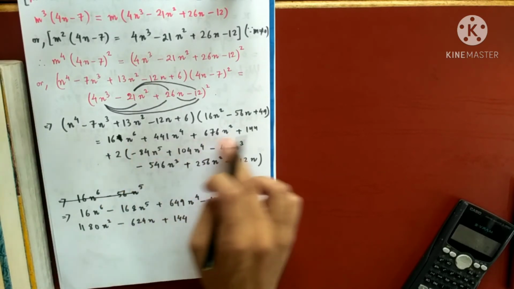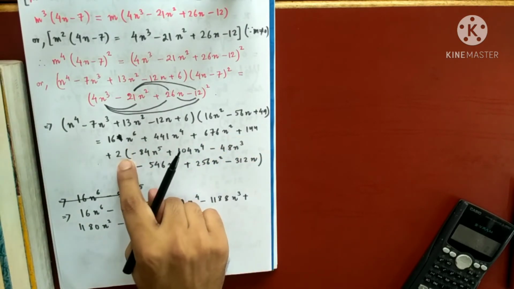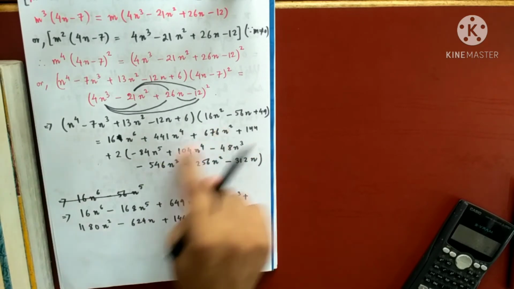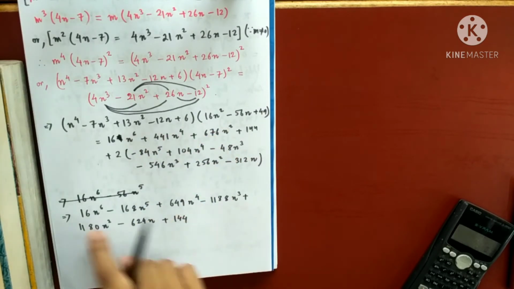So this is actually the right hand side. After simplifying, you multiply these terms by 2, add and subtract all the powers together, you will get something like